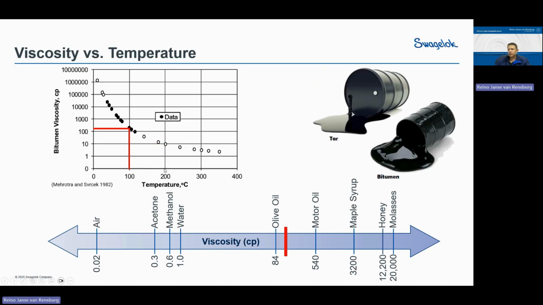So now we drop it down to 100. As we go down to 100, my viscosity shoots up again to above 100. So now it's less flowable than motor oil, but it's above olive oil. And then once we go to 80, you can see it literally goes almost up to maple syrup. So you can see as the temperature drops to get it to a safer level, the viscosity will shoot up.